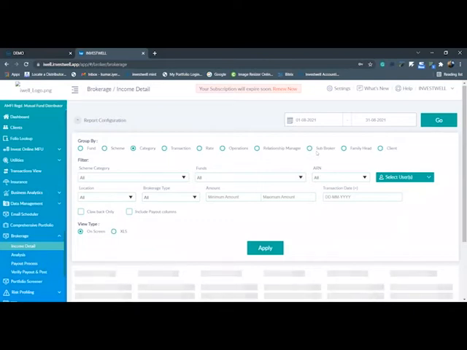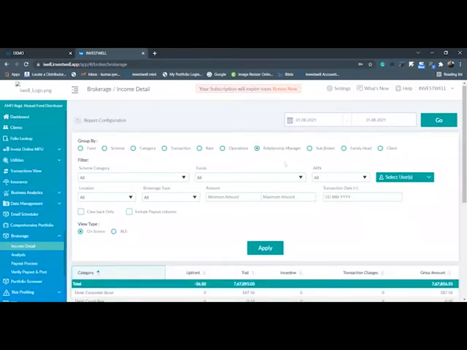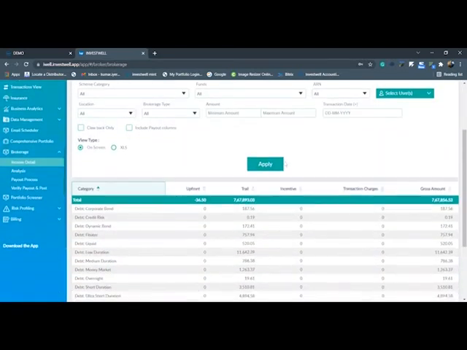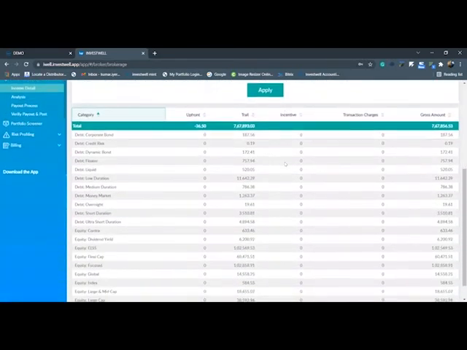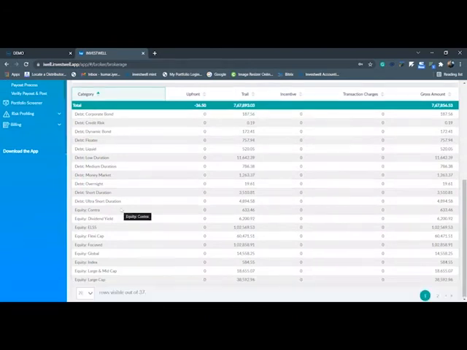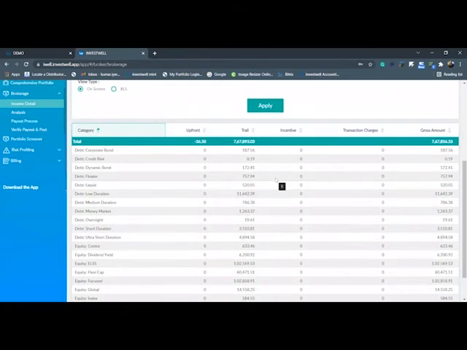For example, if you have 5 RMs or 5 sub-brokers and you want to track the brokerage of a specific sub-broker or a specific RM, how much brokerage I have earned through them, that kind of report can also be generated from this software. There is a filter given as RMs and sub-brokers, so you can select whatever parameters you are willing to select. As I have selected category wise, it will show you all the scheme categories for debt, liquid, hybrid or equity, and give you the trails on each specific category.